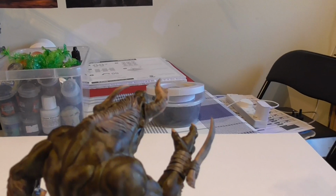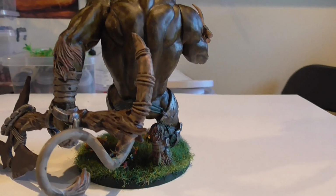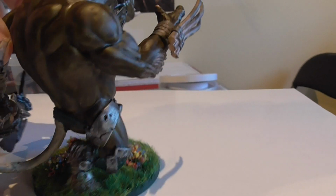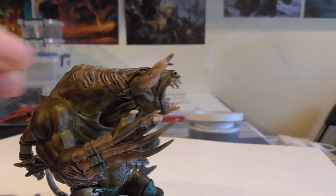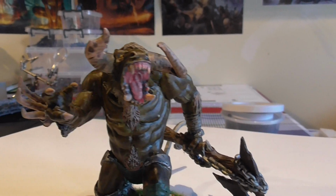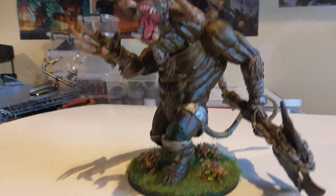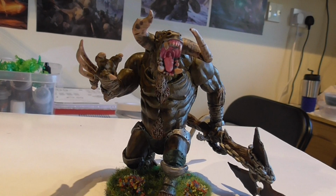And again with the fur, I did a bit of Nuln Oil on that as well, similar to the werewolves, just to go into the recesses and provide some shading. But at the same time, when that shading is there, it brings out the highlight of the previous layer of paints that you've put on. So I did that, and then just gave it a quick little flick with the fur colour again, just to bring back those areas that might have gone a bit too dark. But again, I think this has come out quite nice,